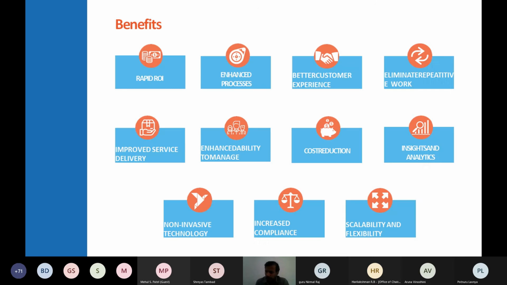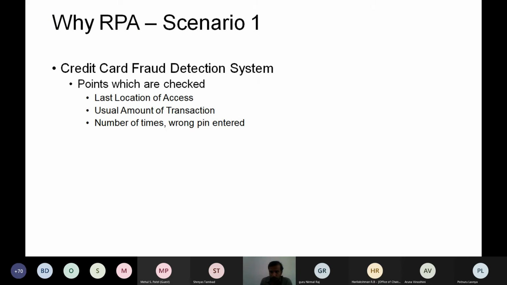What I have explained is the benefits from an automation point of view. From the automation point of view, there is traditional automation. There was automation before; I mentioned Industrial Revolution 3. At that time itself there was automation. So these are some of the benefits of automation. So why particularly RPA or robotic process automation?